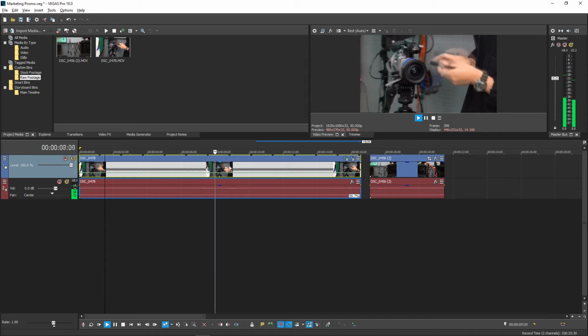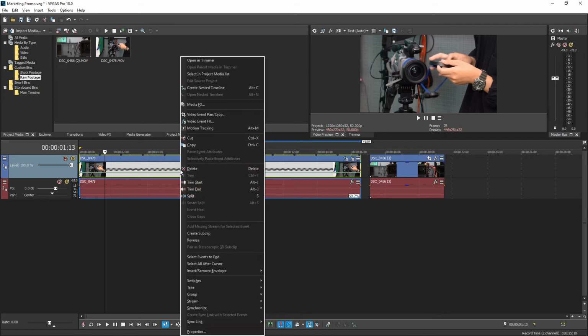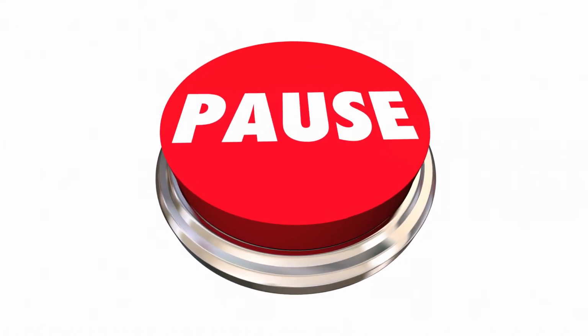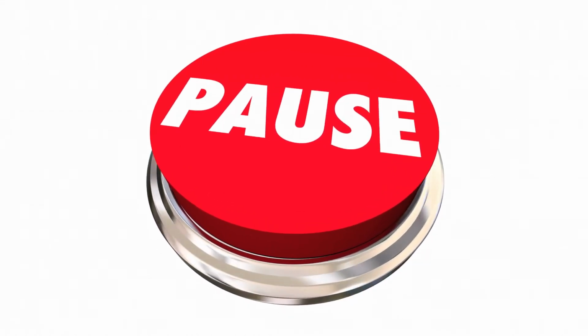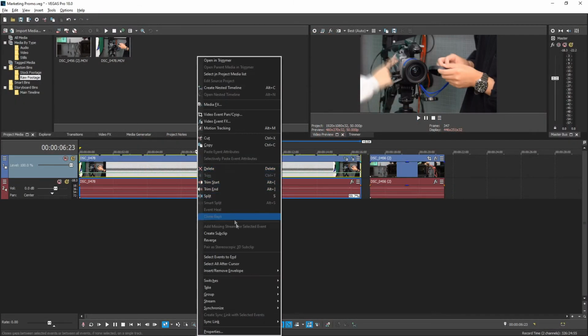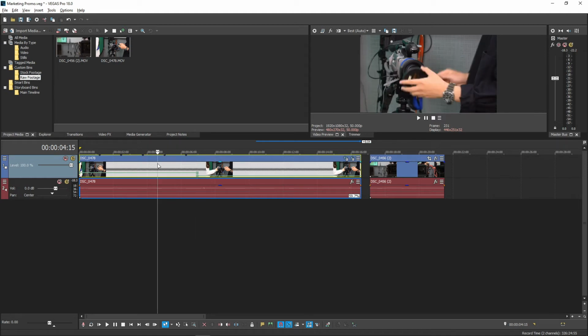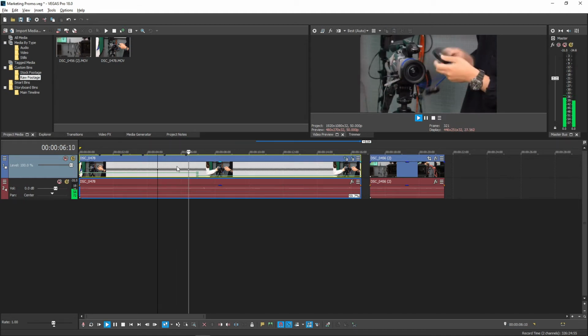Another note in speed control, I'd also like to mention the other option where we found the velocity envelope earlier. So if you go back to your clip, right click, insert, remove envelope, there's an option underneath velocity that is freeze frame at cursor. This one is also very useful for when you need to pause your clip at a certain point and want to keep that image on screen. Once you choose that option, it will create a freeze frame, or a paused image, exactly where your timeline cursor was.